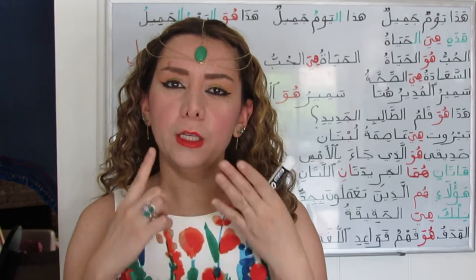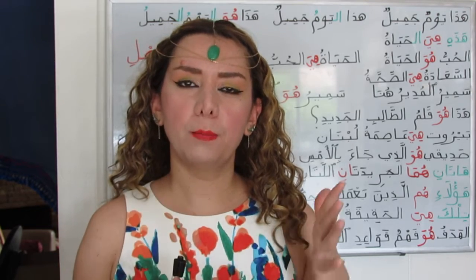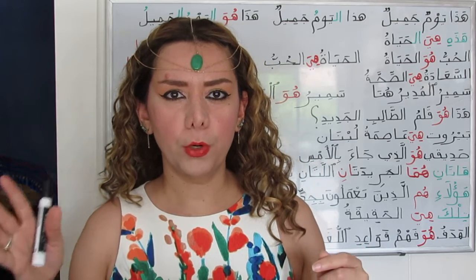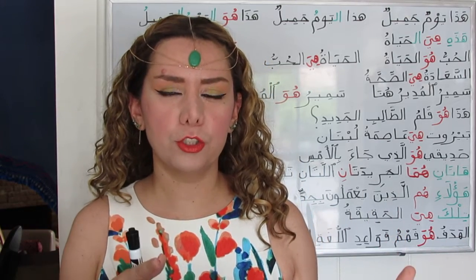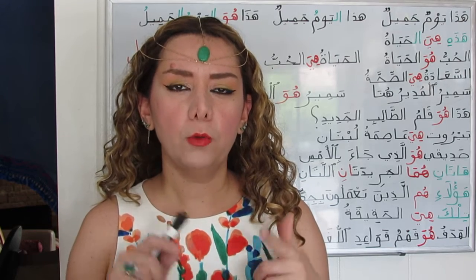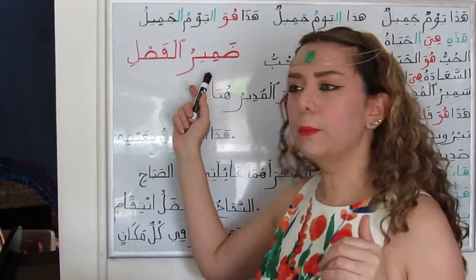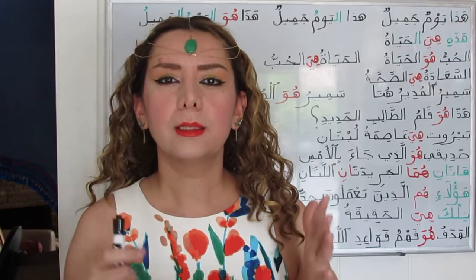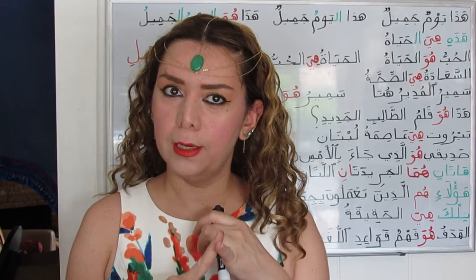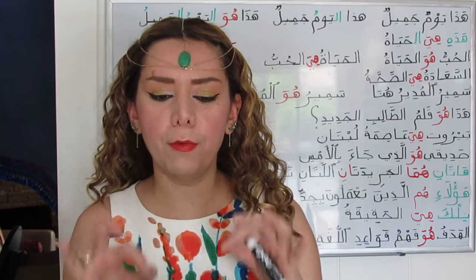The only way to say this is the day is to break up the units and place a pronoun in between the demonstrative and the definite noun, which is called the pronoun of separation, or the separating pronoun, ضمير الفصل. The pronoun has to match in gender and number,